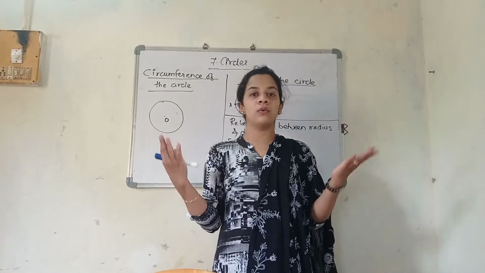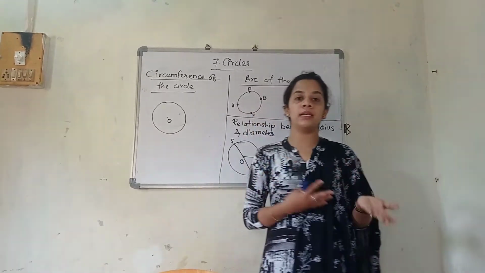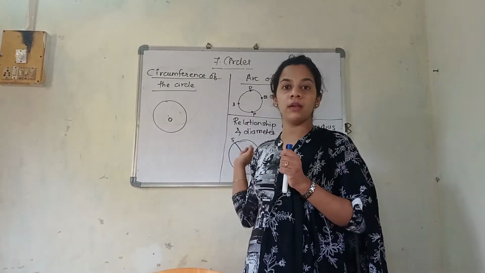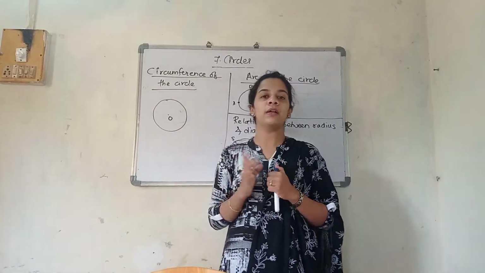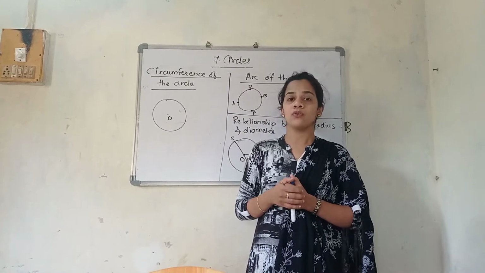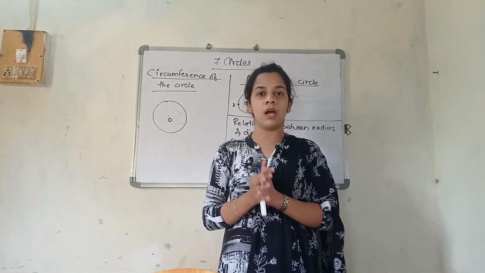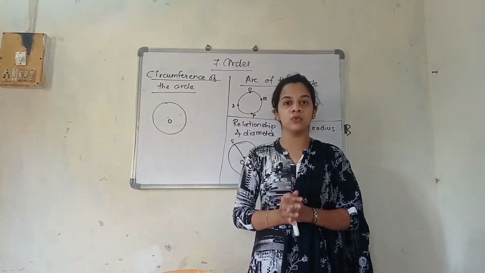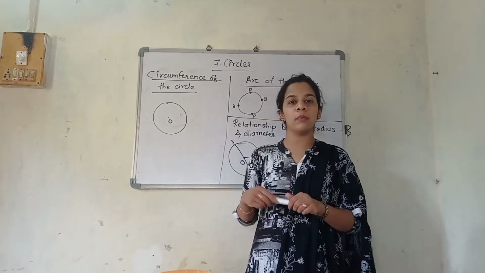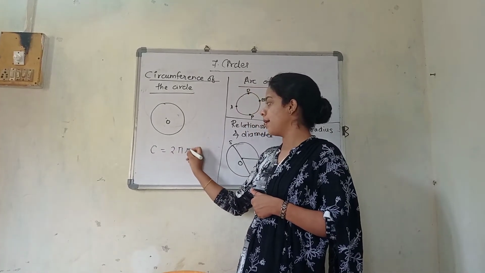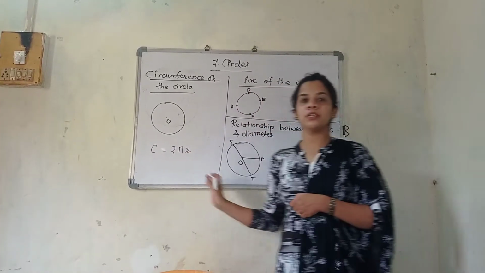If there are circular grounds, the matches which are held in the stadiums, the circumference means what? The border of it, and the length of that border is said to be the circumference. Right now there is no particular formula for you. There is a formula, but for these lower classes it is not present. Only for your information I can tell you the formula is C is equal to 2 pi r. Fine.